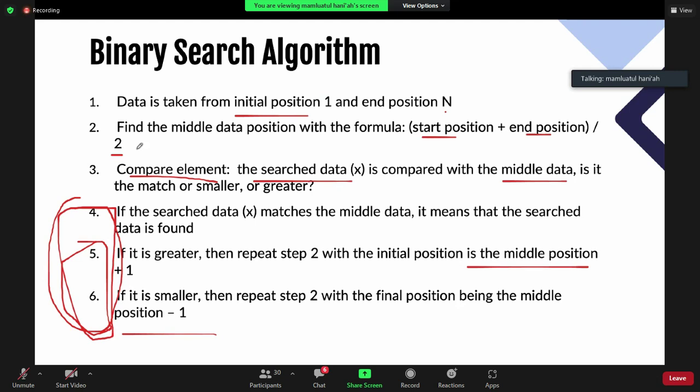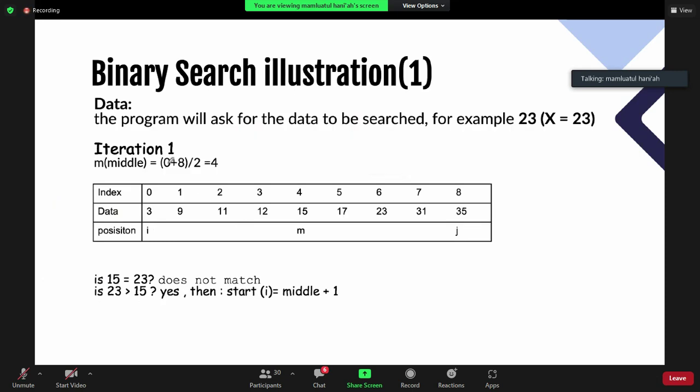Jadi dengan nilai yang berbeda, entah itu initial position atau final position-nya, something like this.